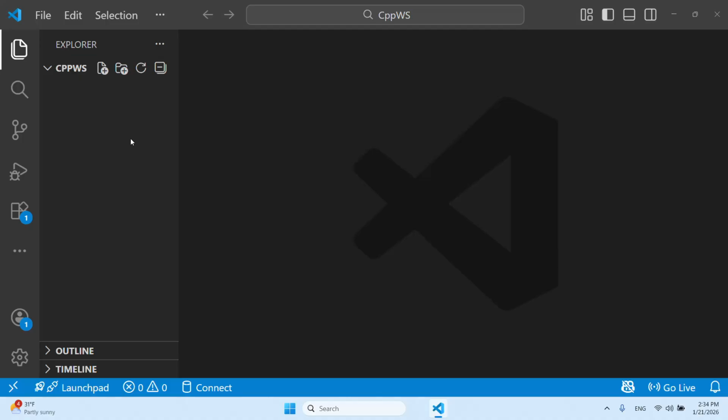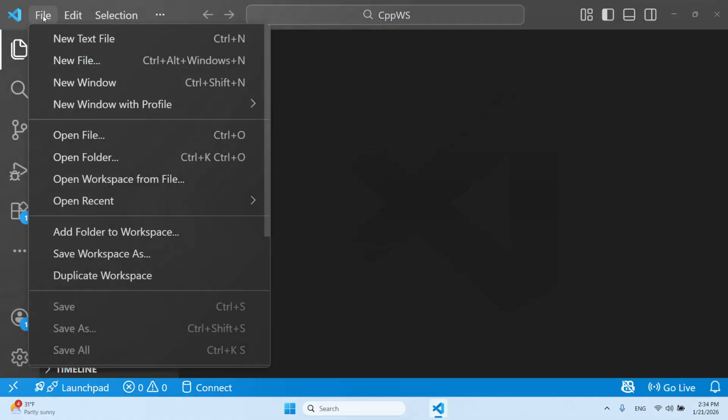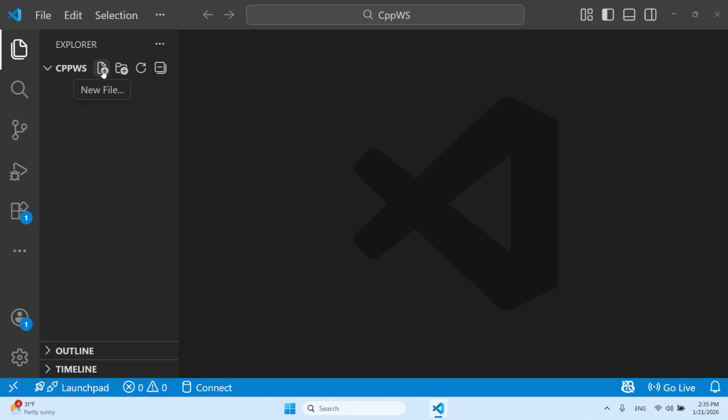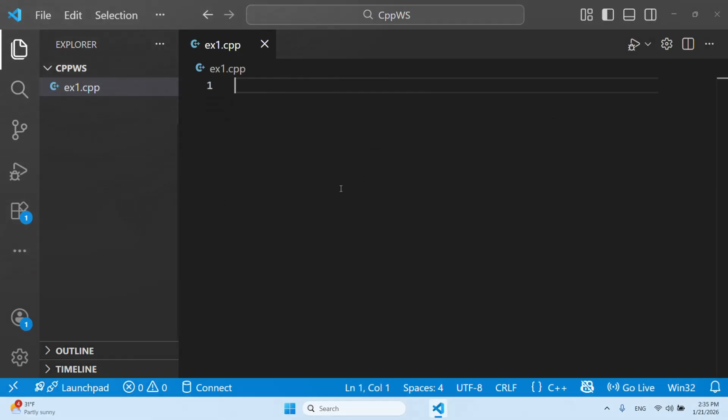So the first thing I need to do is create a source file where we are going to store our program. There are two ways to create a file in here. Either you go to File and then say New File, or you just press this icon that says New File. So let me choose this icon. Like I said, both of them do the same thing. So I'm going to press this New File icon, and that opens up a text box where I need to type in the name of the source file. So I would be naming this ex1.cpp. Remember, C++ programs have to have the extension .cpp. That's why I'm giving it the extension of CPP.